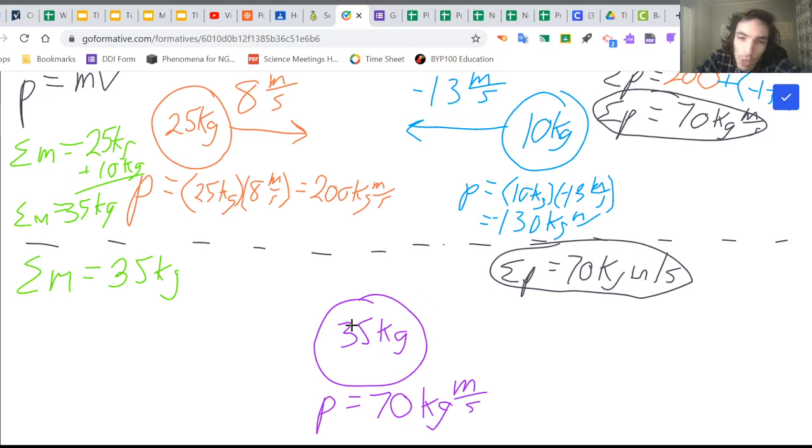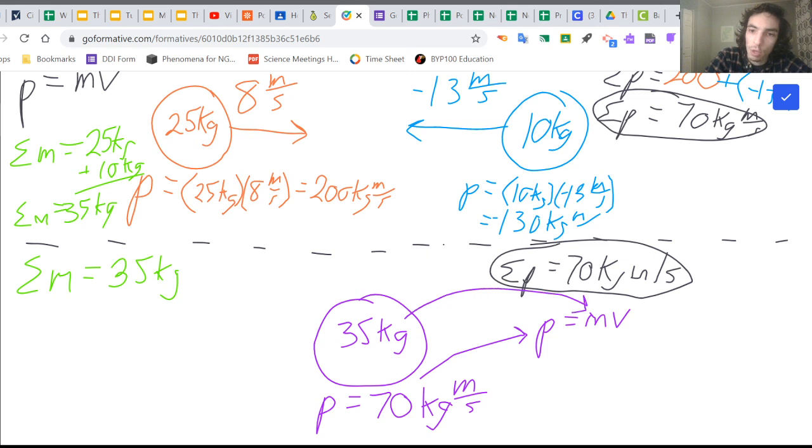So now the question is, what is the velocity, right? And we have this 70 kilogram meters per second momentum. So again, we're going to have to use our momentum equation, p equals mv. Let's plug in the momentum that we know, as well as the mass that we know, and then solve for that missing velocity. So 70 kilogram meters per second is equal to